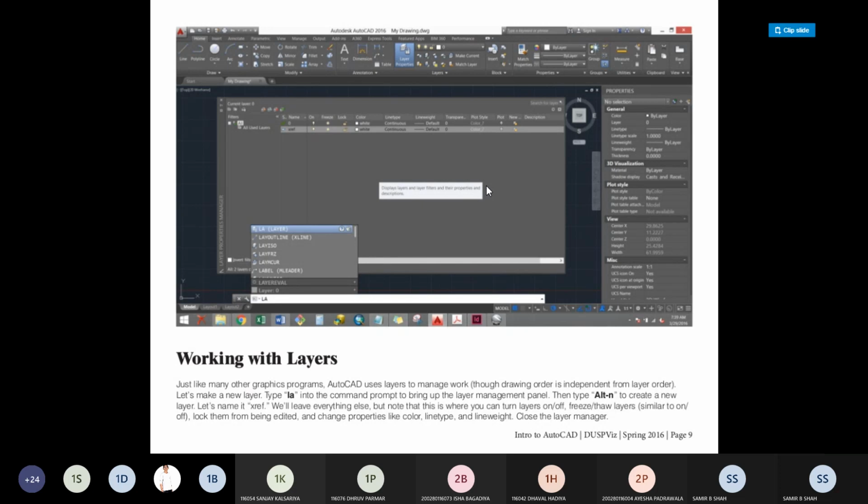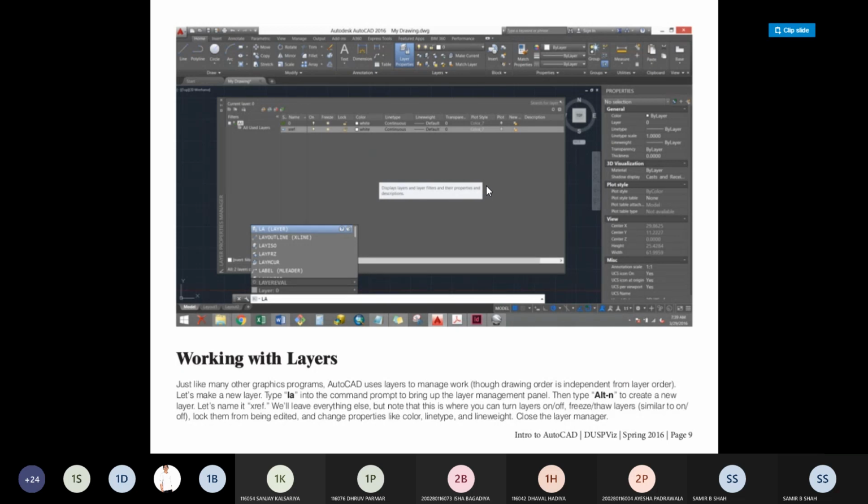AutoCAD uses layers to manage work. Why do we have to use layers? We do not have only one kind of program or one kind of drawing. There are many kinds of work. So if you want to manage all that work with proper drawing order, right, with proper layer order, then we require some layers.